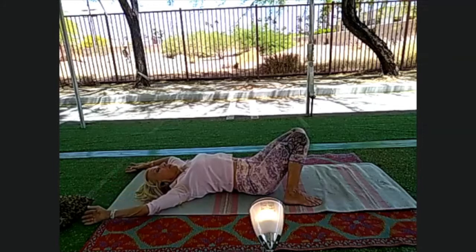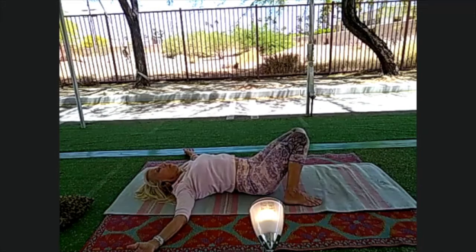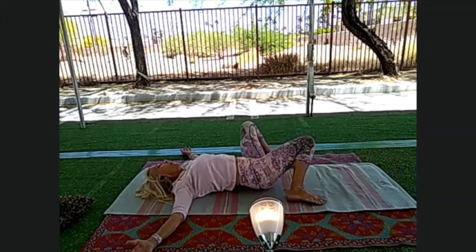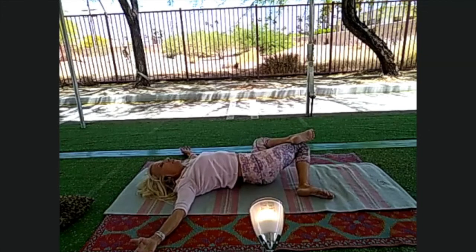And let your arms go out to a nice T. Big in the breath. Rotate both knees to your right side and the lower foot, the right foot comes up on top of the left thigh. Lift your head up and turn your head away from your knees. Really feel that